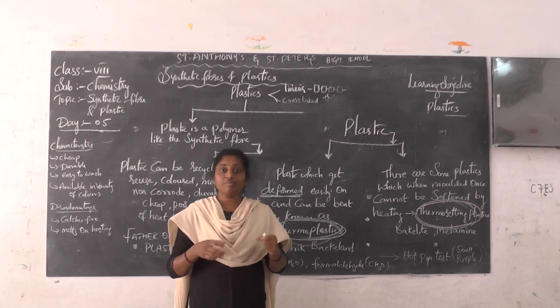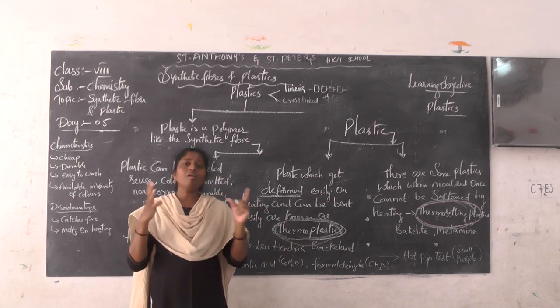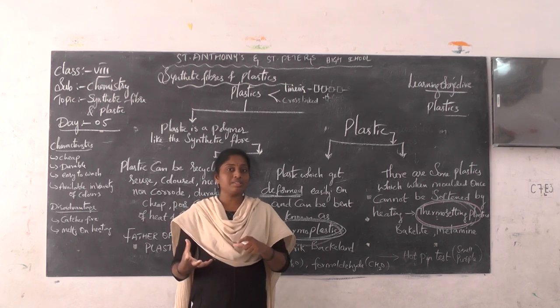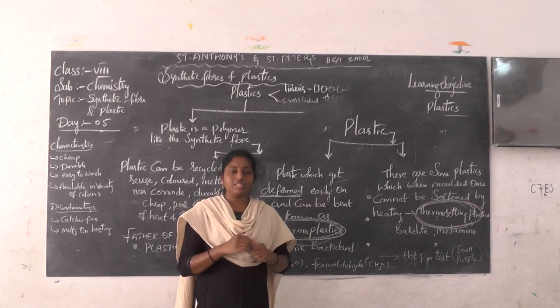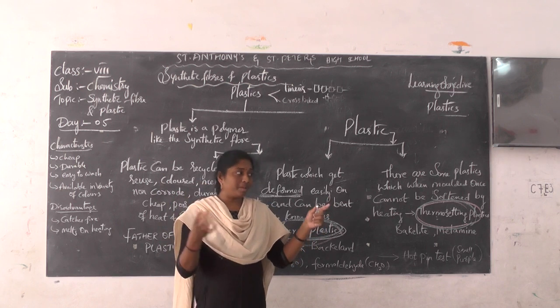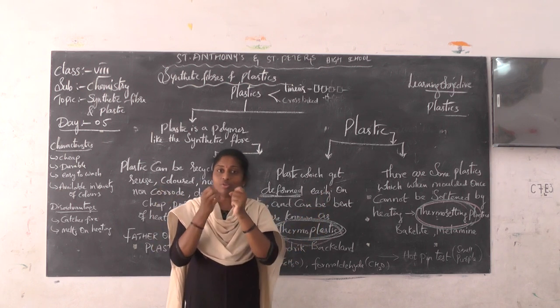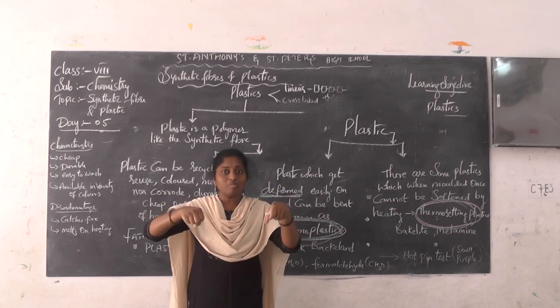Okay, television, computer. All these things are made up of Bakelite and melamine. So these are examples to understand thermosetting plastic. See here, we are passing a lot of temperature, meaning we are passing more and more electricity, but switchboards are not melting at all. We are passing so much heat.